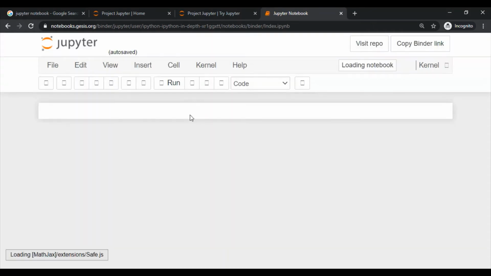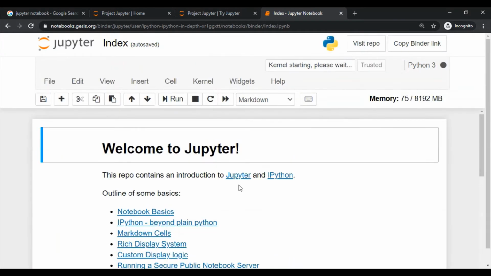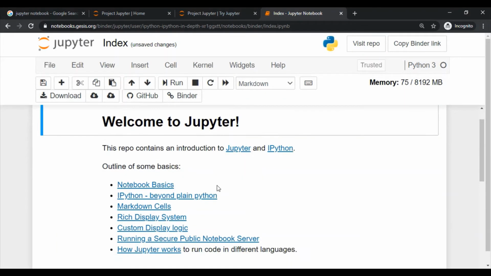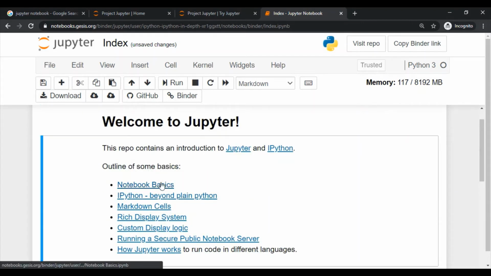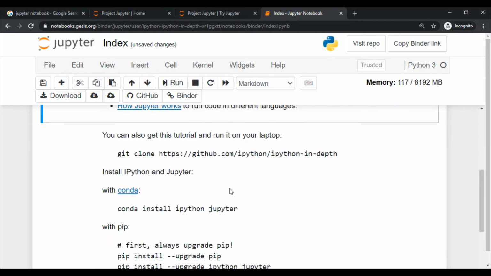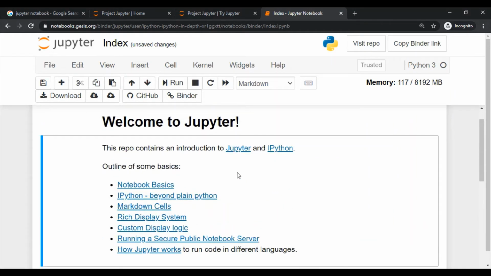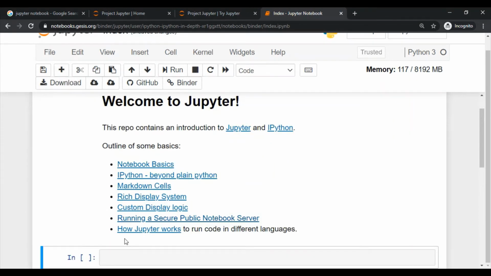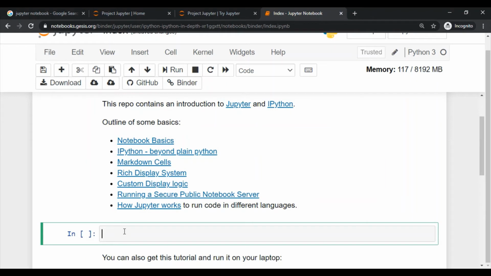This is the place where we can execute our Python programs. Now our environment is ready. So this is a welcome page. Welcome to Jupyter Notebook Online, and this is some basic information related to this which you can read later on. Now let's execute our first Python program. For that, go to this plus sign and insert a new cell. A new cell will be inserted here where you can write Python statements.